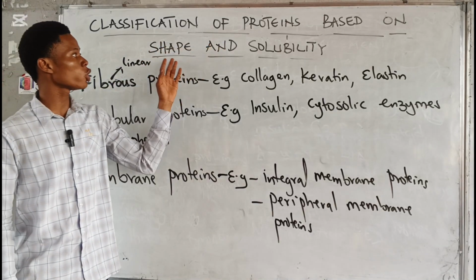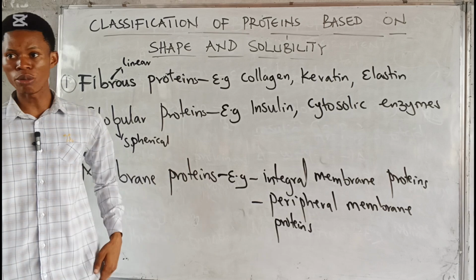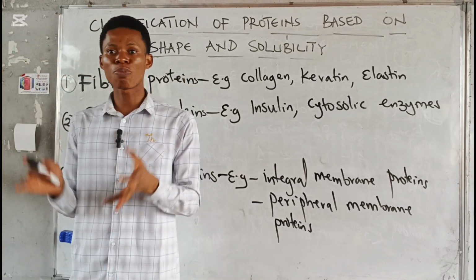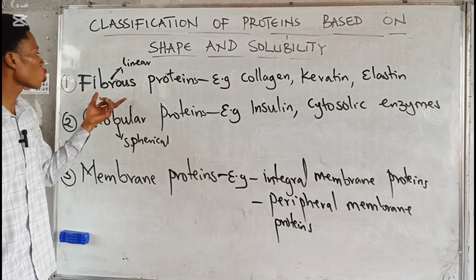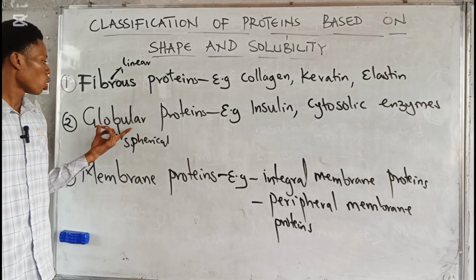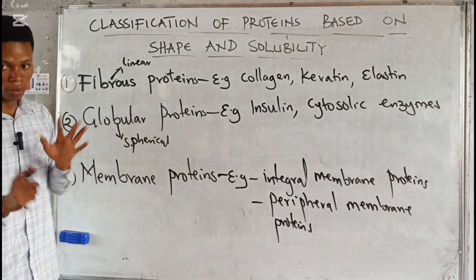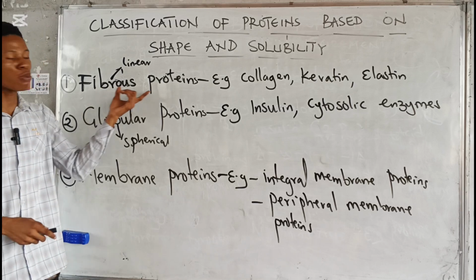Classification of proteins based on shape and solubility. Now, based on shape and solubility, we can classify proteins into fibrous and globular mainly. Now, fibrous proteins,